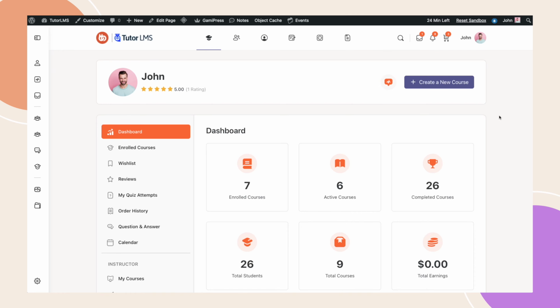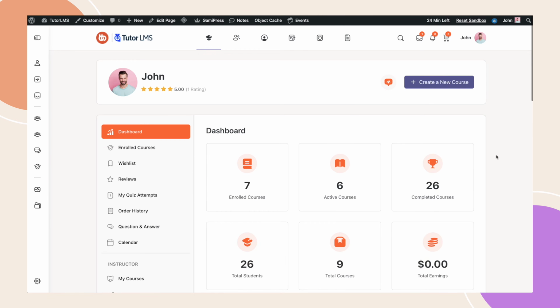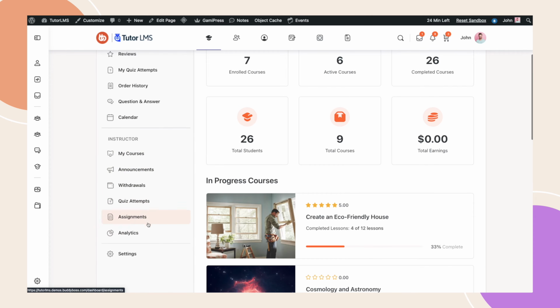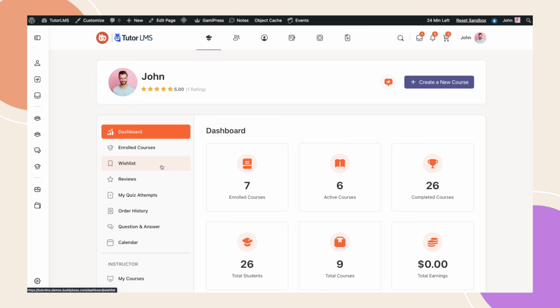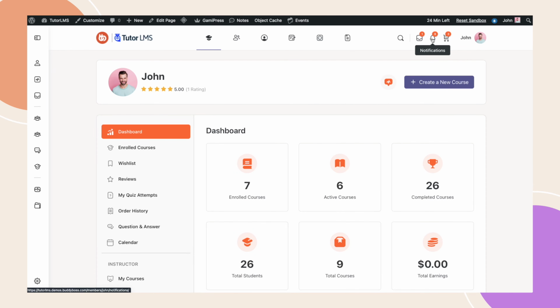First, I'd like to highlight the remarkable achievements that our team have accomplished through this integration. As you can see, we have customized this page so that TutorLMS would look great with the BuddyBoss Web. This is the TutorLMS dashboard, providing members access to various features such as enrolled courses, wish lists, quizzes, all of the instructor options, and so much more. TutorLMS notifications, if enabled, are still found on this dashboard, while we've kept BuddyBoss social engagements in our own notification system. In addition to that, we've updated all of the other pages for TutorLMS, including the All Courses page,